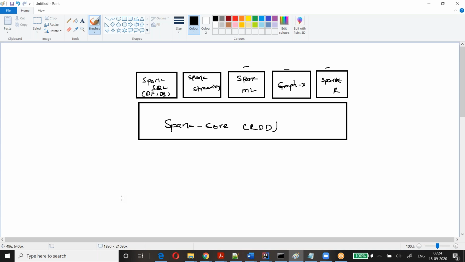What is a data frame? A data frame is a distributed collection of data with named columns. It looks similar to tables in your database. Whenever you have structured data, it can be JSON, XML, Hive data, HBase data, or Parquet or other formats, because they are all bound with a schema,